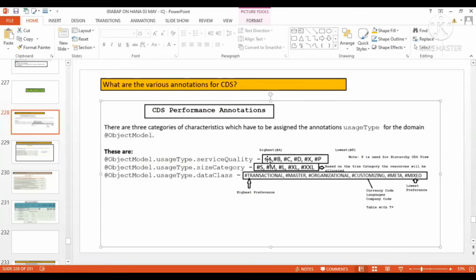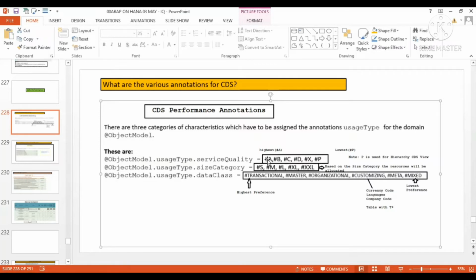But make sure that the CDS is important for you to fetch the data from. You can't give A for all the CDS views, because you can't get maximum performance for all of them. Why?